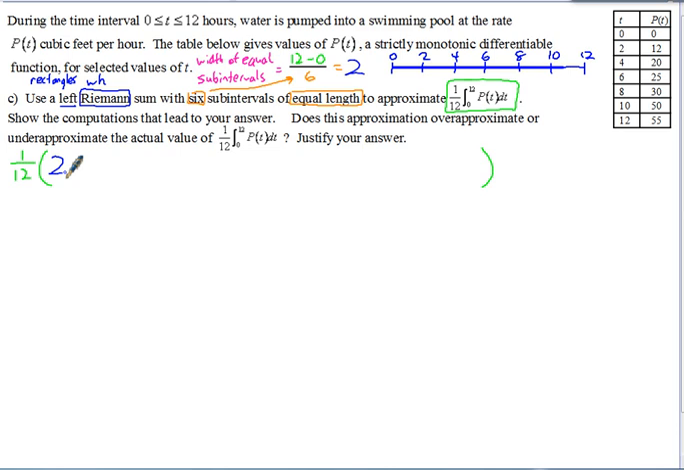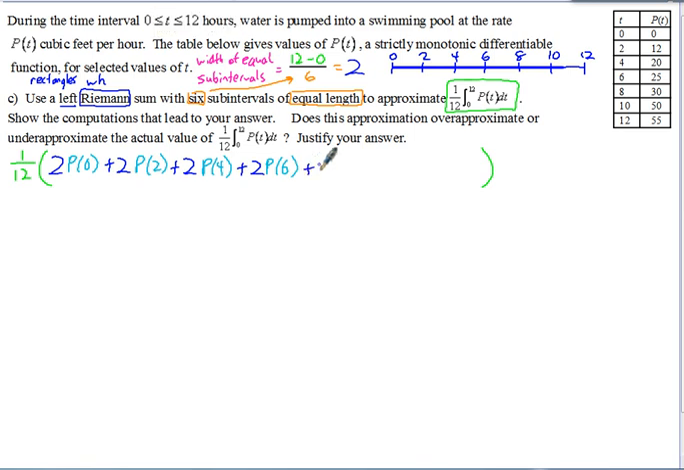So we've got 2 times, this time we're using the left Riemann sum, so the left endpoint I'm using would be 0. So 2 times our function here is P, so P of 0, plus 2 times the left endpoint on the next subinterval from 2 to 4, which is 2. It's P of 2, plus the width again, 2, times the next subinterval from 4 to 6, which is P of 4, plus 2 times P of 6 as the next left endpoint,